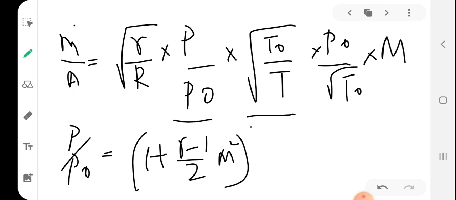Gamma by gamma minus 1, because P0 by P is gamma by gamma minus 1. Okay, so be very careful with the equation. And similarly,